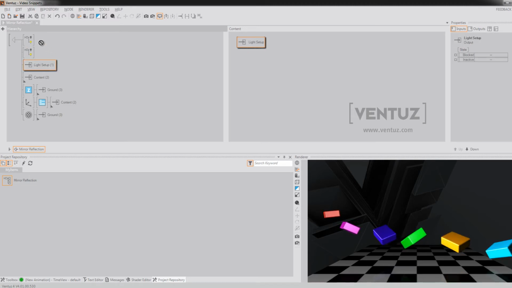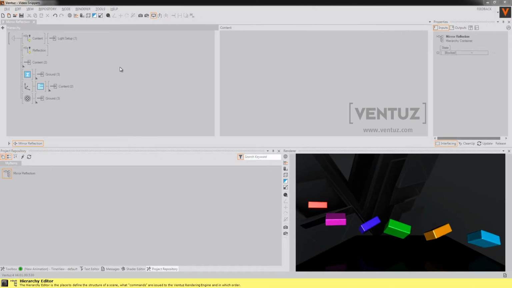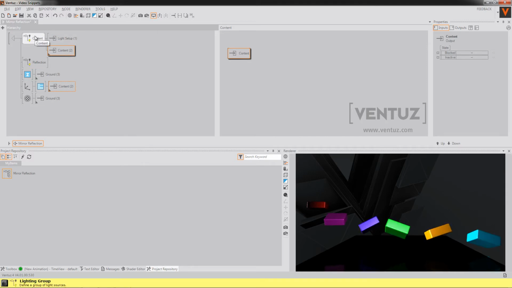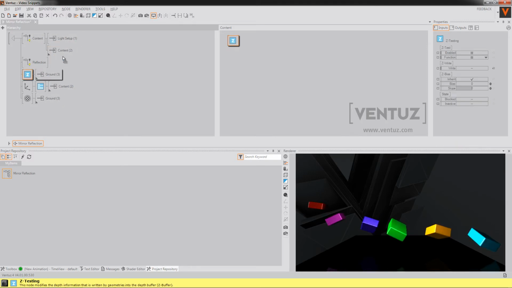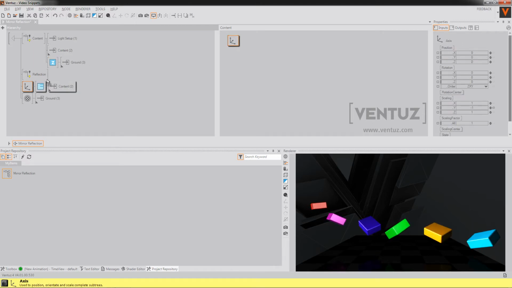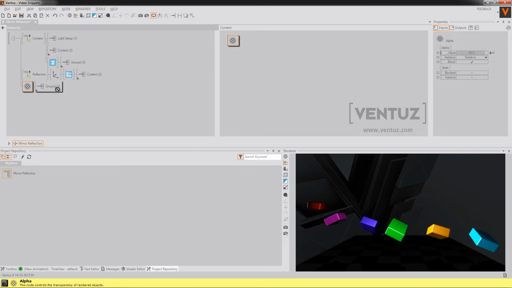So you can add the light setup to the first lighting group, which we will call content, and the second one will be called reflection. And now we will just need to sort the outputs to the corresponding lighting groups. So the correctly rendered content will be behind the content lighting group, the z-tested ground as well, and we will have to put the mirrored content behind the reflection lighting group, and the alpha ground will be behind the mirrored